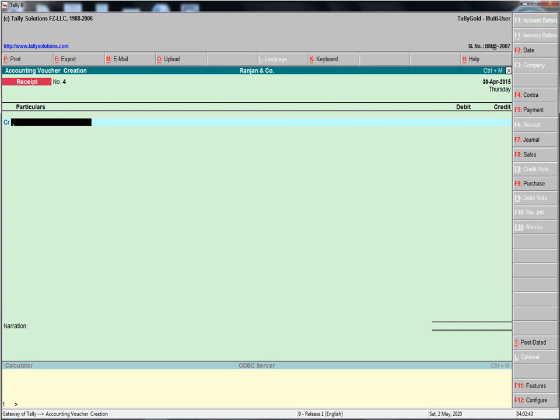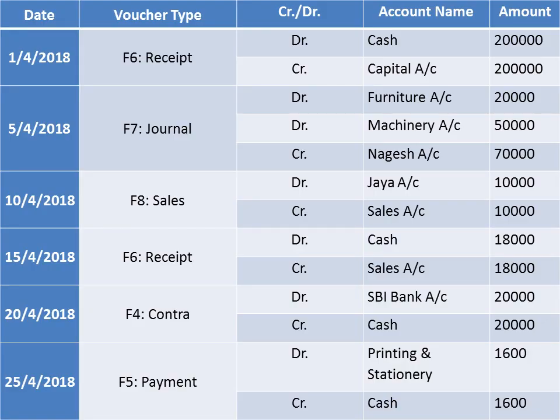the function key on the keyboard, the accounting voucher creation receipt screen is opened automatically. Here you take capital account and cash account. According to this you have to enter the voucher.